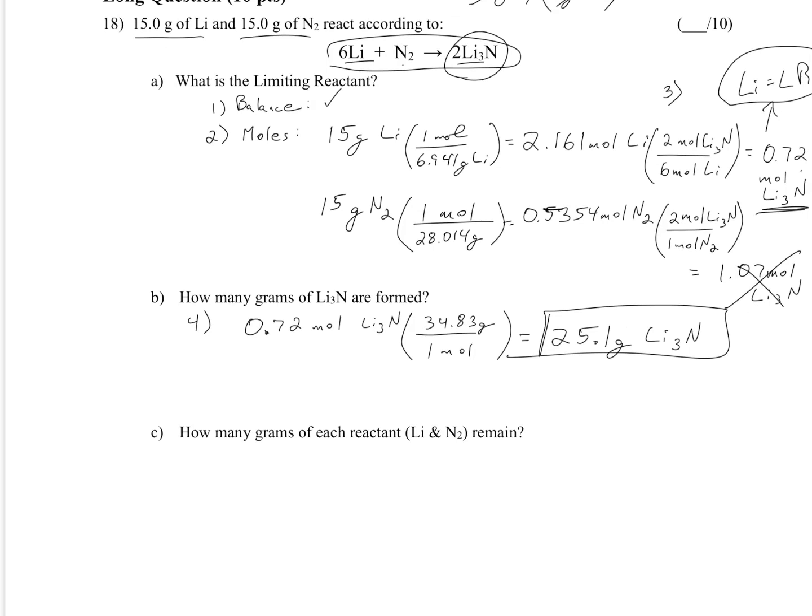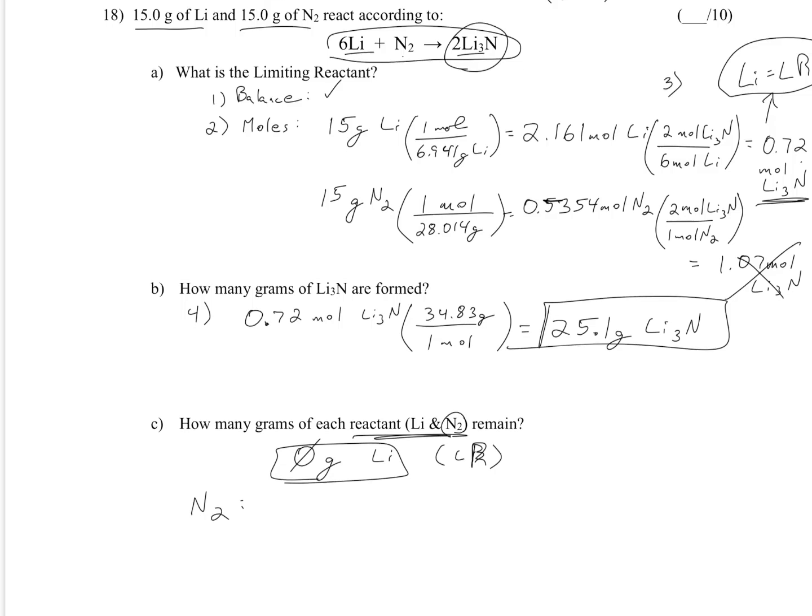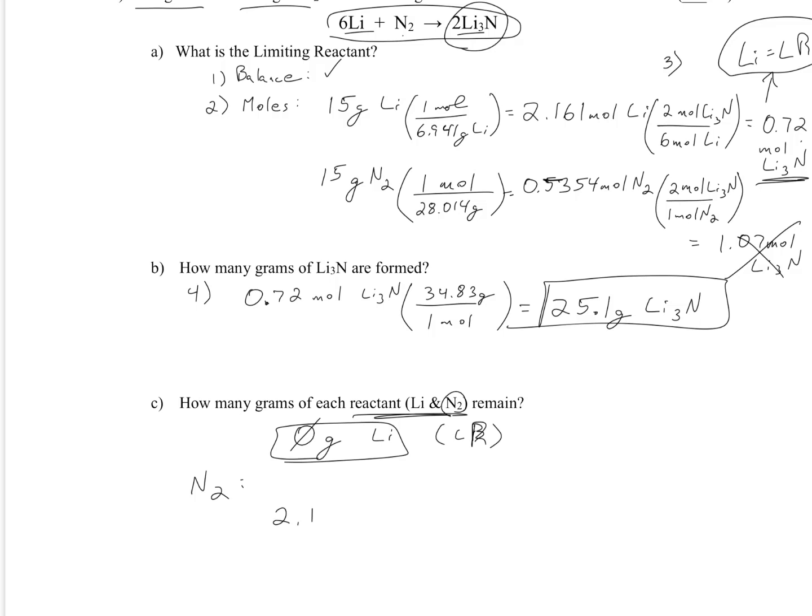And now we are on to asking about the reactants remaining. So one of these we know right away. We have 0 grams Li. That's because it's the limiting reactant. But to figure out the N2, it's a little more complicated. We need to realize that all of our lithium reacts. So that means that we have 2.161 mole lithium reacting. And for every 6 moles lithium, I get 1 mole N2 reacting. From my balanced equation, this ends up being